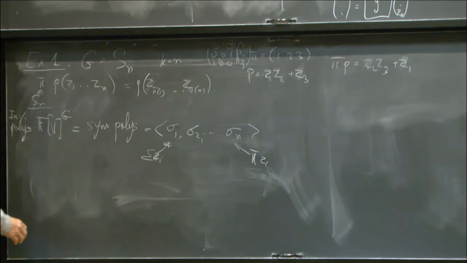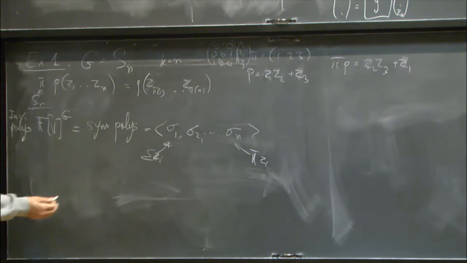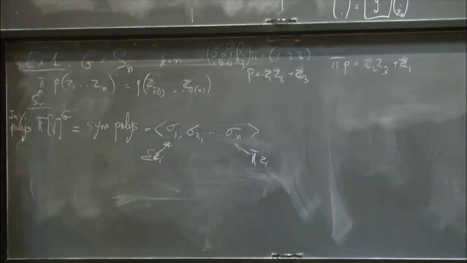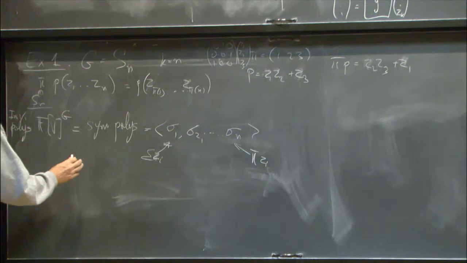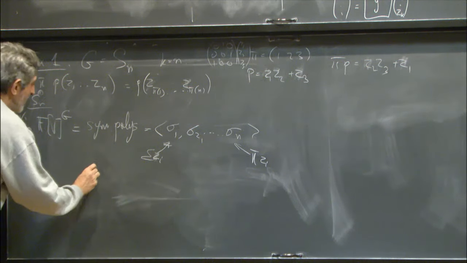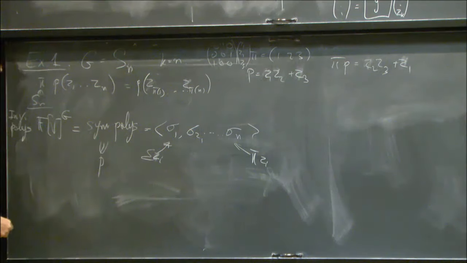Will this always happen? This will always happen. Well, I didn't say it yet, I didn't say that it always happens yet. I will say that it always happens. But in this example, if P is any symmetric polynomial here,